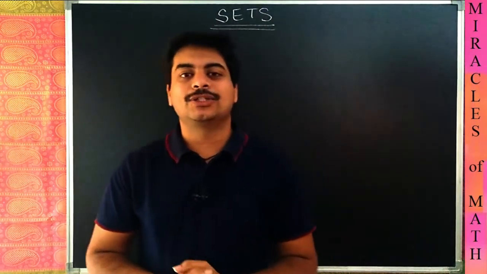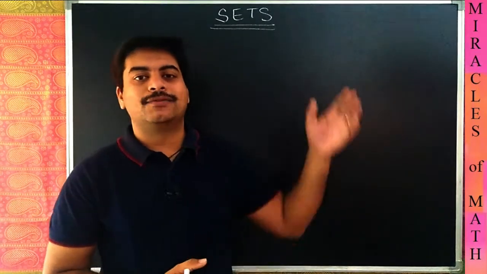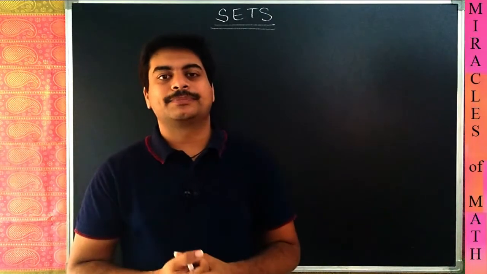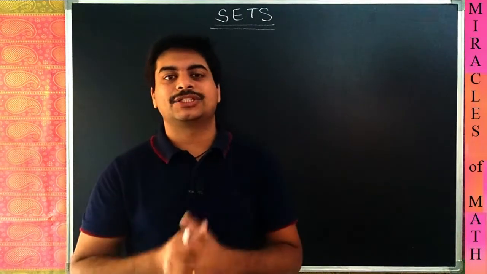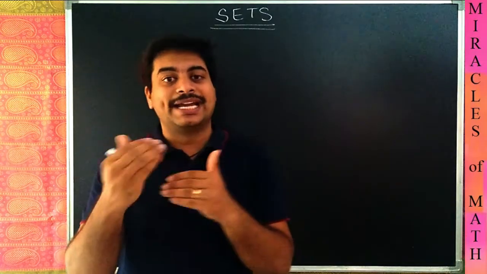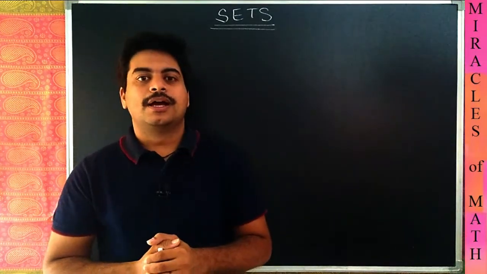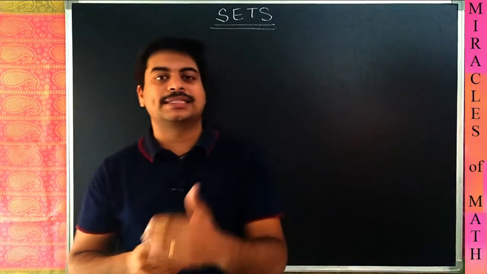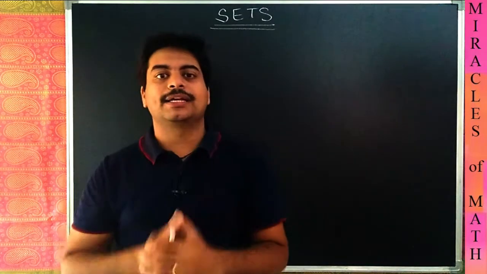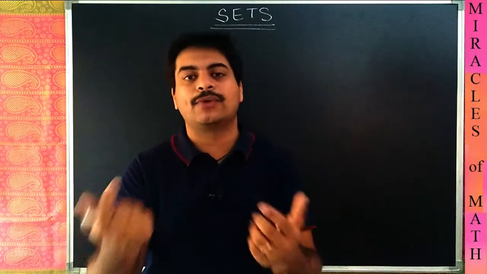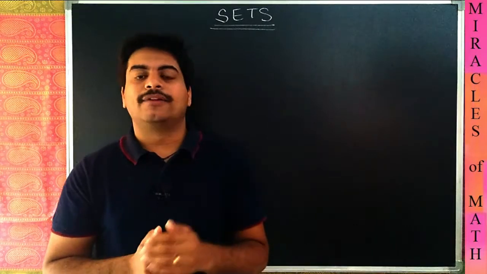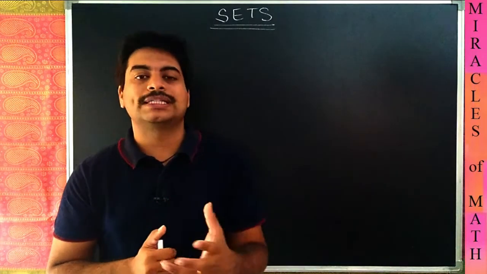So, today we are here to learn a new topic, which is set. What is a set? What are the different kinds of sets? Different forms of representation, different operations, union, intersection, and how to represent a set in Venn diagrams, and what are the operations inside Venn diagrams. So all these we'll be covering in this chapter, and firstly we'll see what is the definition of